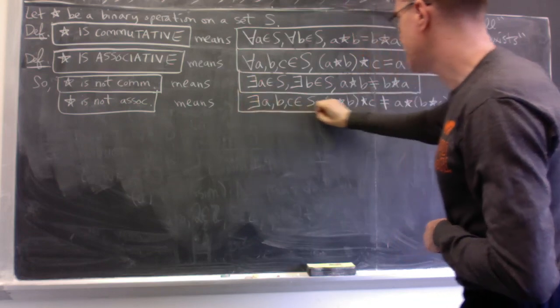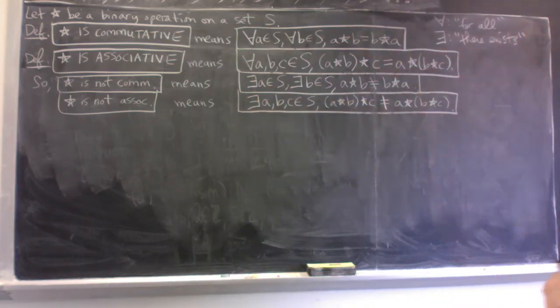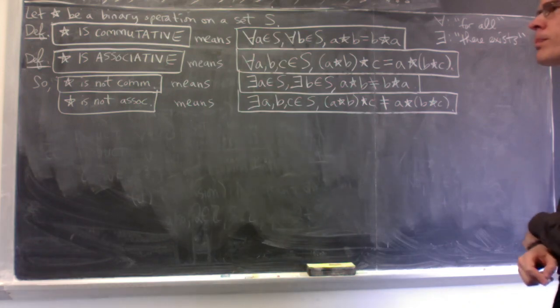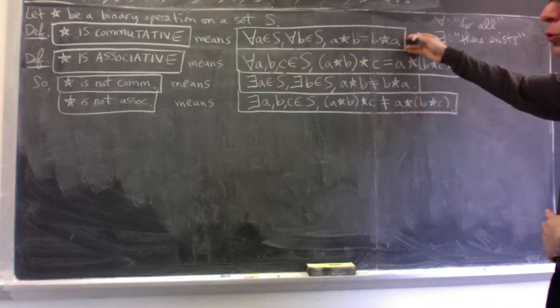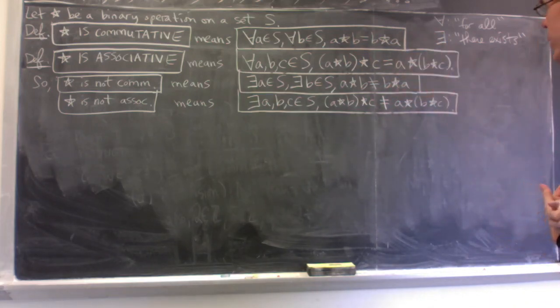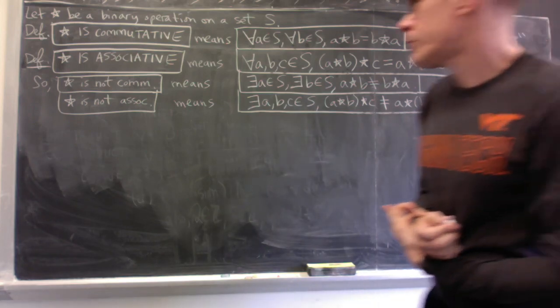All right, and we'll have more complicated definitions later. If you want, you could try negating the definition of closed, S is closed under star, for practice. All right, and of course you want to memorize, it's enough to memorize the original definition and then be able to negate on demand, so to speak. All right, so let's look at some examples now